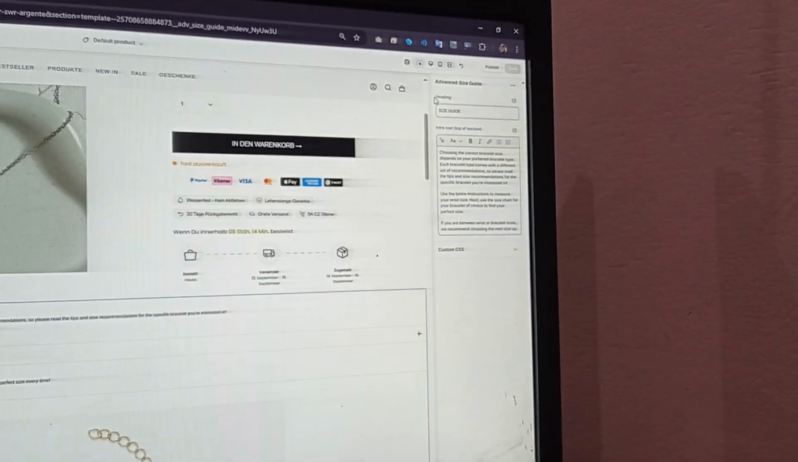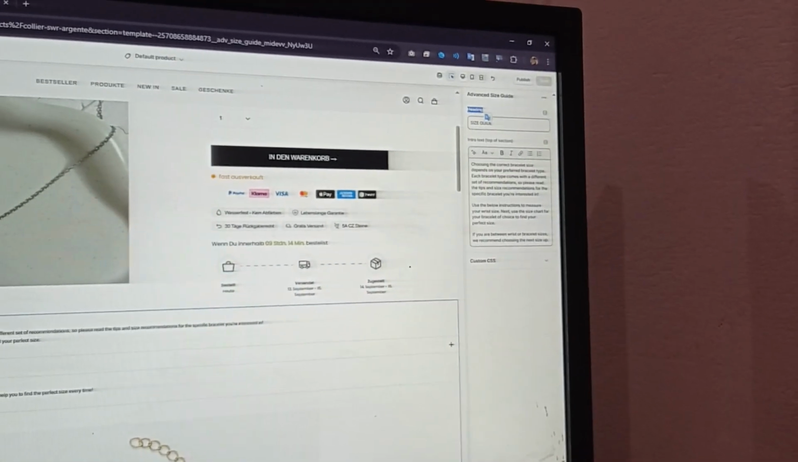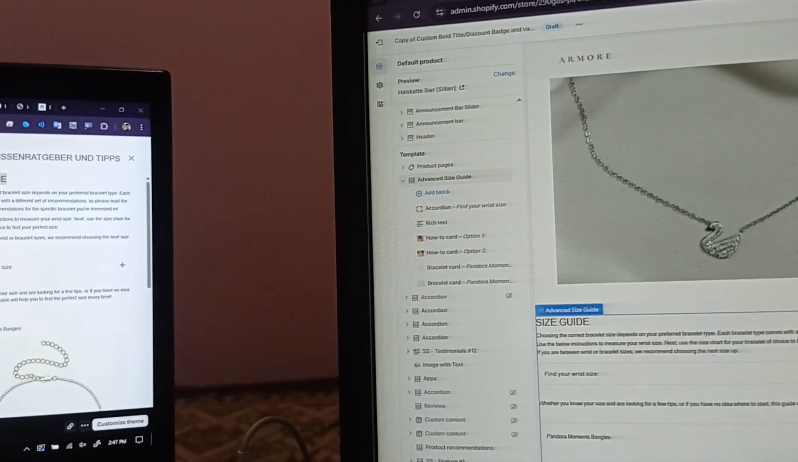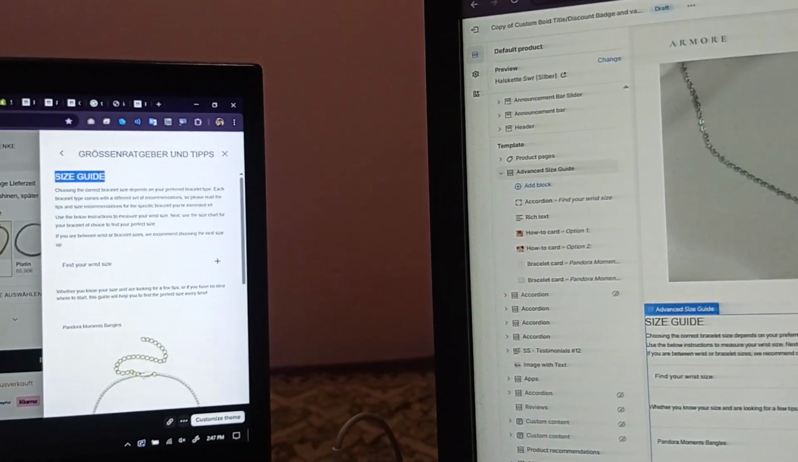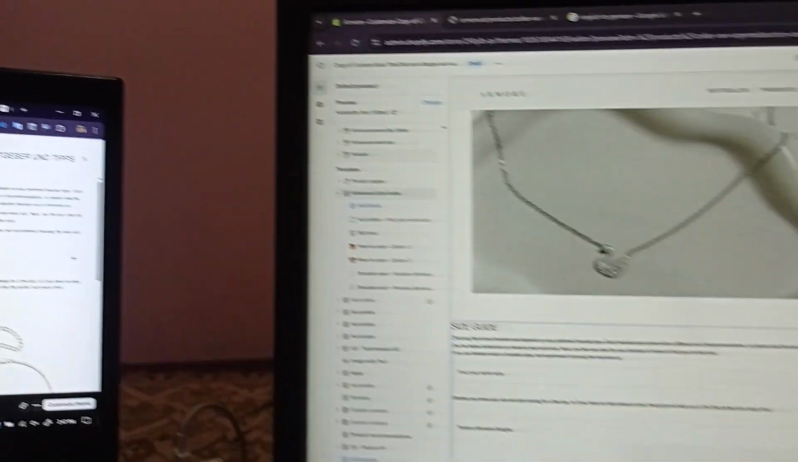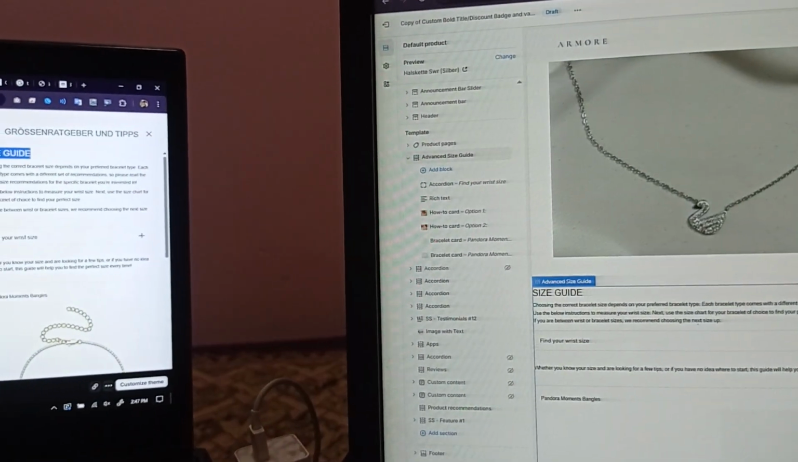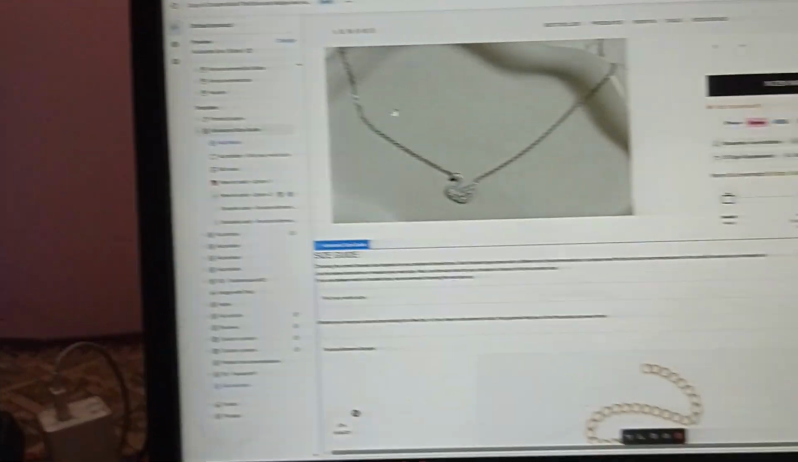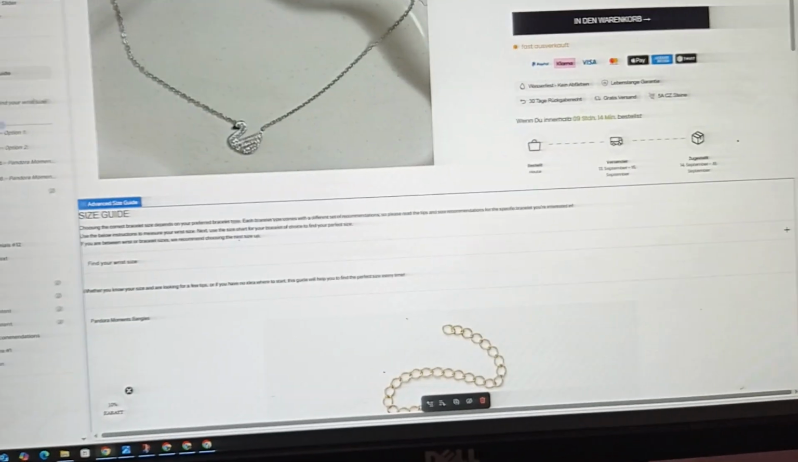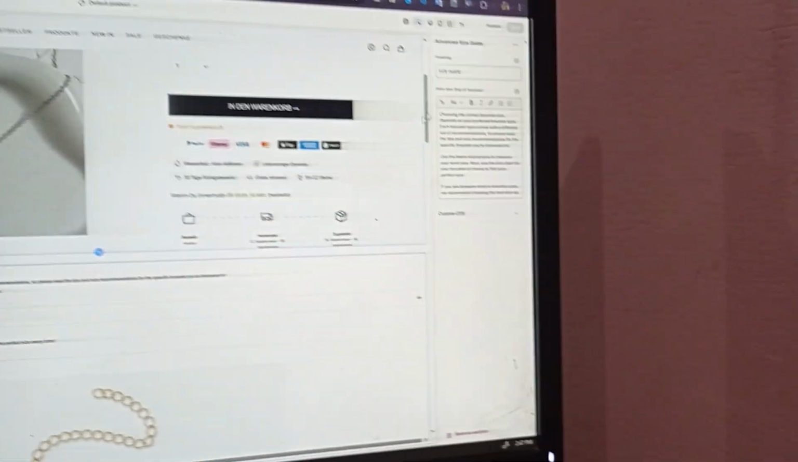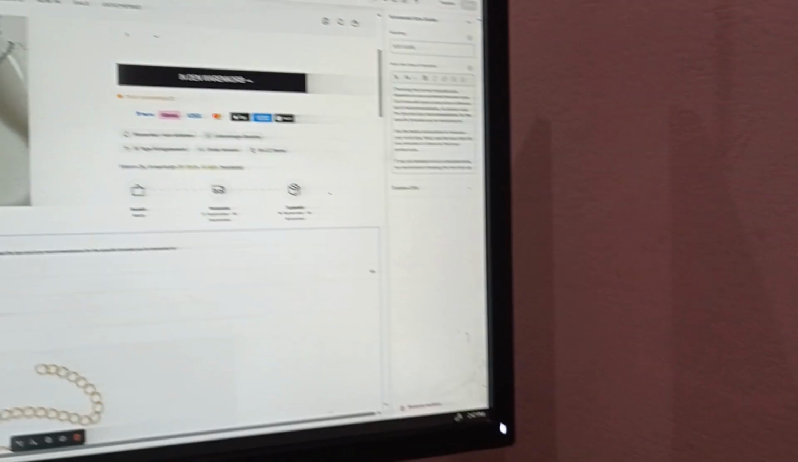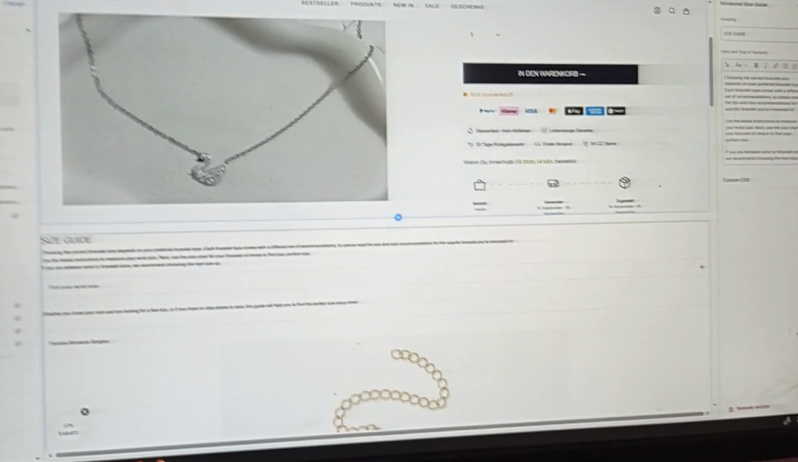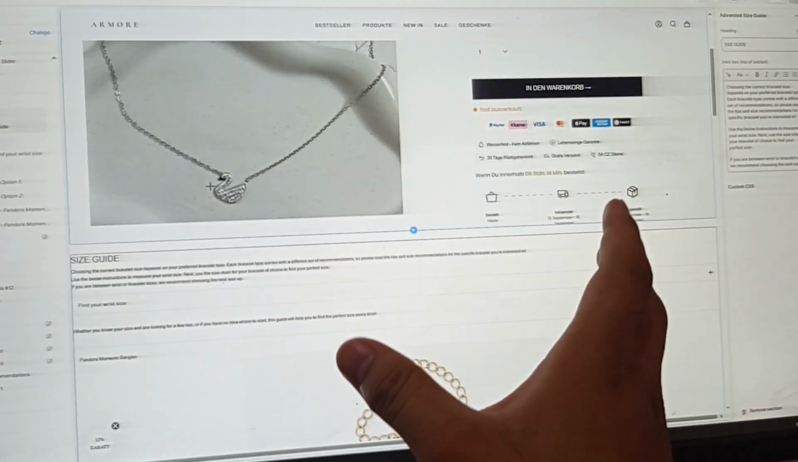So here you have the heading. If you want to customize it in German, you will see the result here, and that content is coming from the second section and the intro text top section. So that's it. So basically in the theme editor,